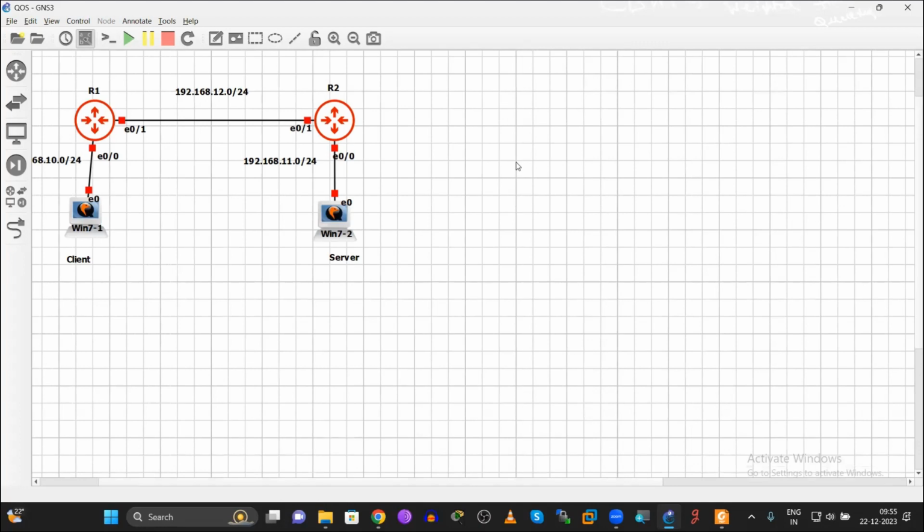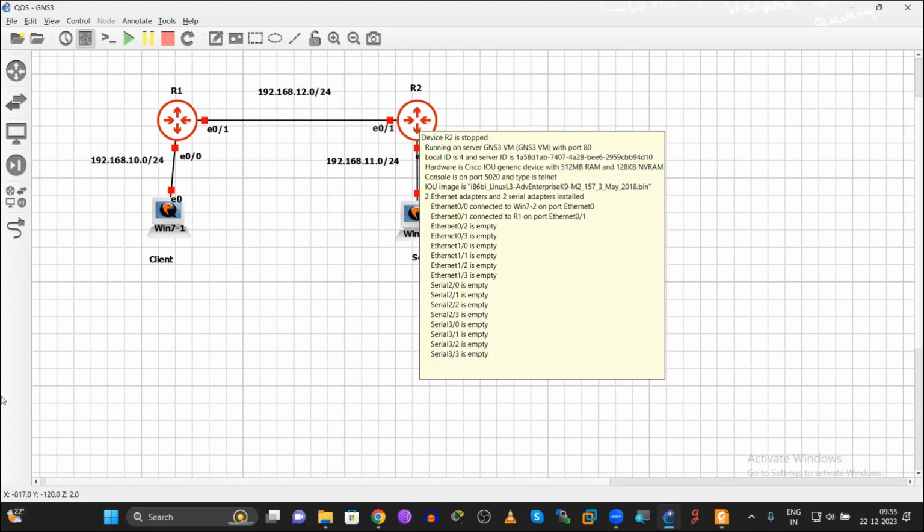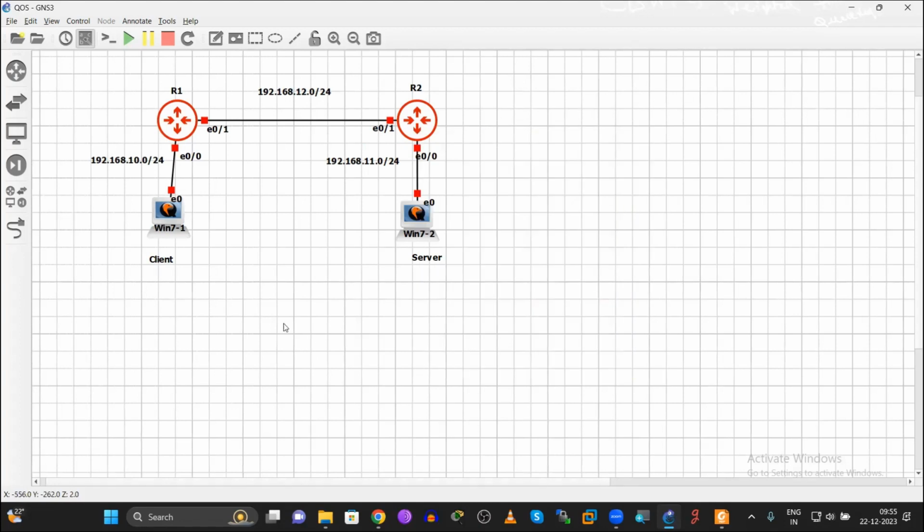Here I'm having a small lab. This is a small topology. I'm having two routers and there are two client computers, both are Windows 7 only. Let me consider this side of a device as a client, this side of a device as a server.